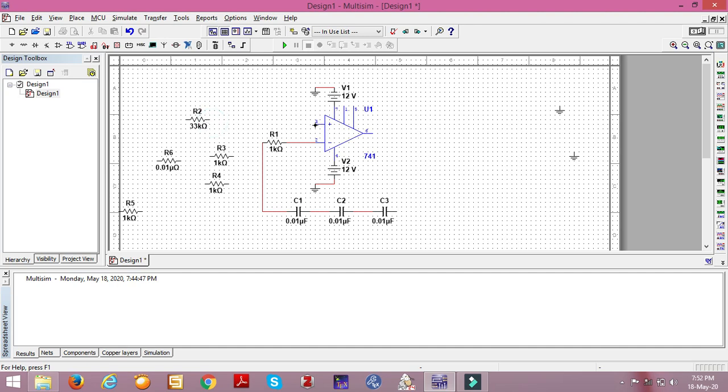The other end, pin number 3, should go to ground. I'll use this ground point. Okay, it is connected. R2 is a feedback resistor. I'll connect here, no issues. Ultimately, all the connections should be made as per the circuit diagram.